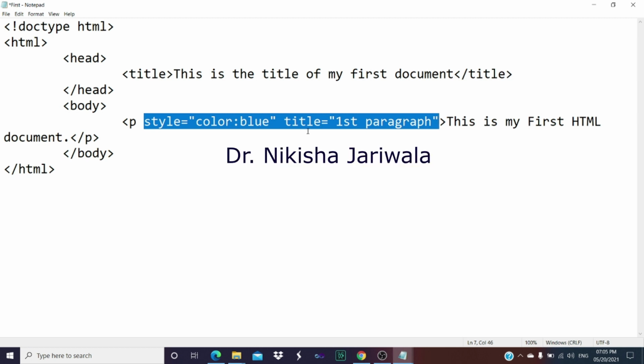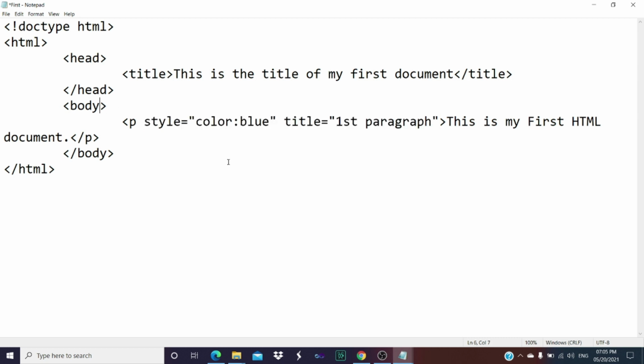Let's see one another attribute. Right now we have discussed the example related to background color of the page, right? So we will use the same thing, and as we know that the things which we are displaying on the web page is the content that we have written within the body tag. So if I want to change the background color of my web page, then I have to write attribute within the body tag.